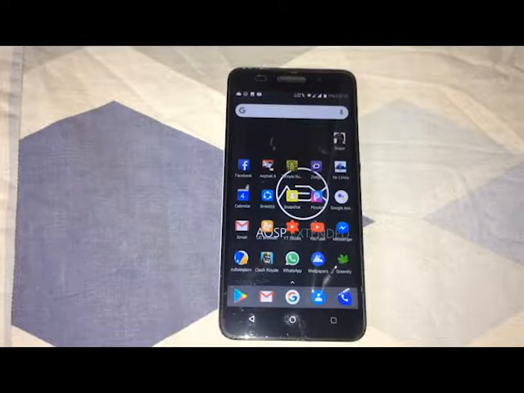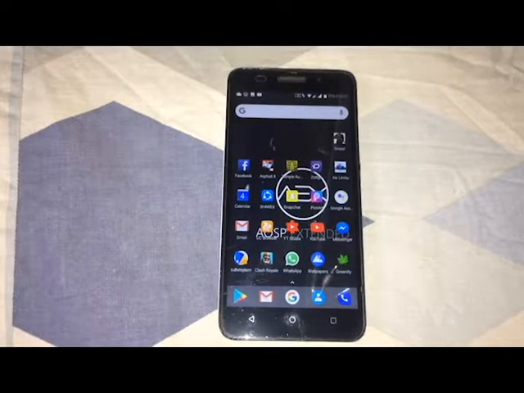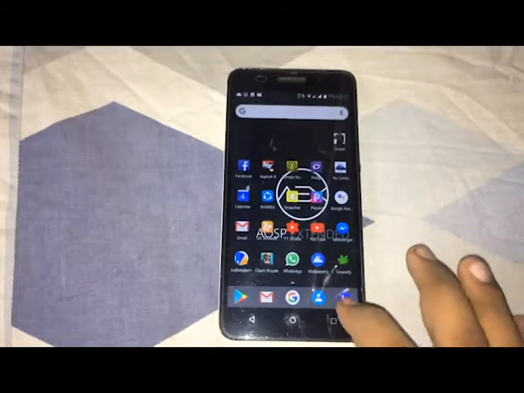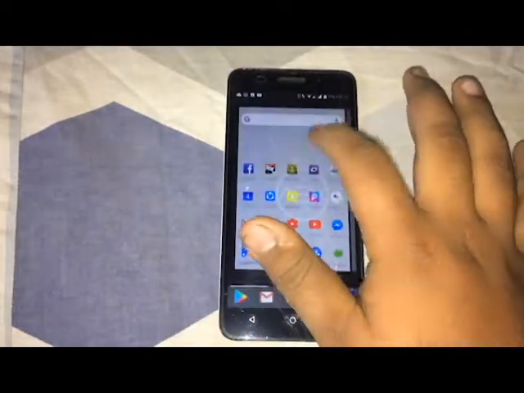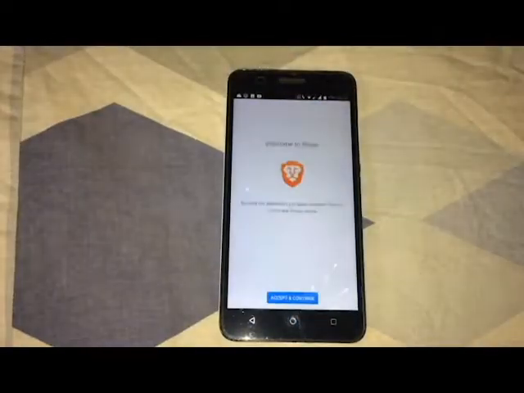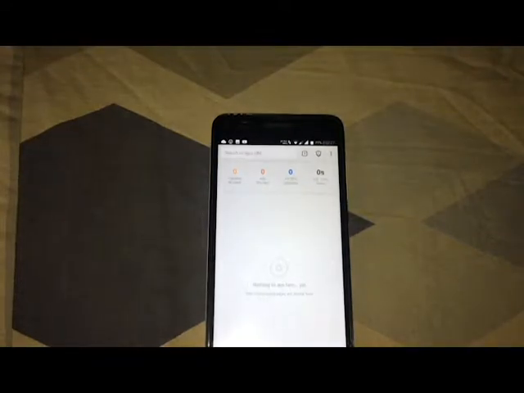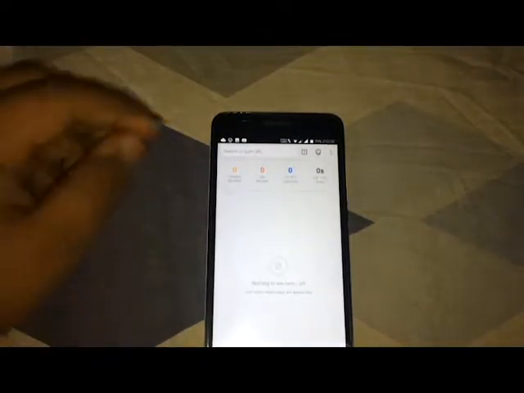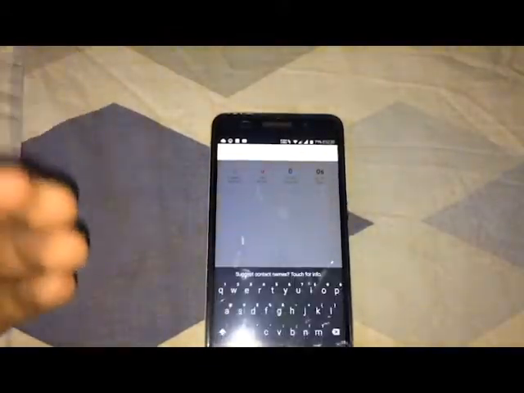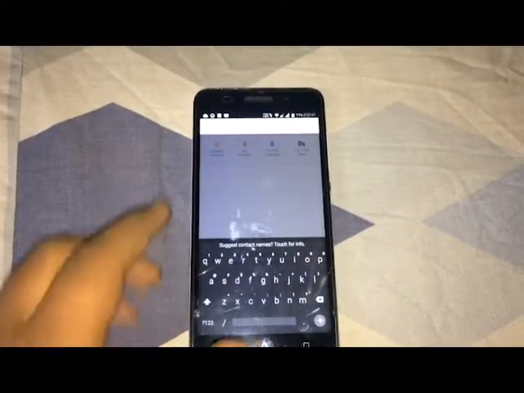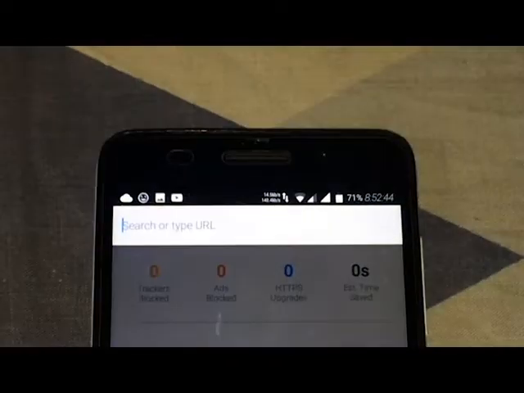How smooth the gaming performance is, and the ROM is really smooth, and I really recommend installing this ROM if it is available. So to install this ROM, you need to go into the browser. Let me just put it on the home screen. You need to go into the browser, and actually this is the Chrome browser, and I think that over on XDA. I will put the developer in the description. He has customized this browser, added ad block and data saver features, extended everything. It is actually a Chrome browser,